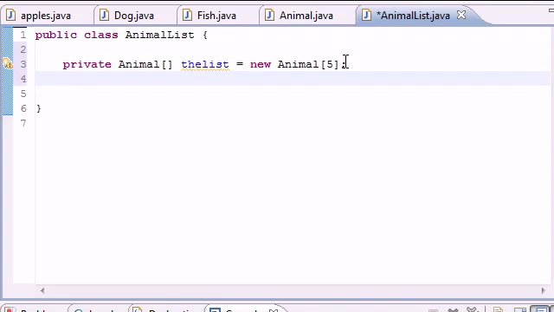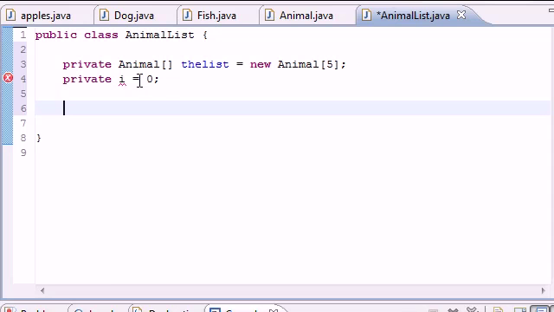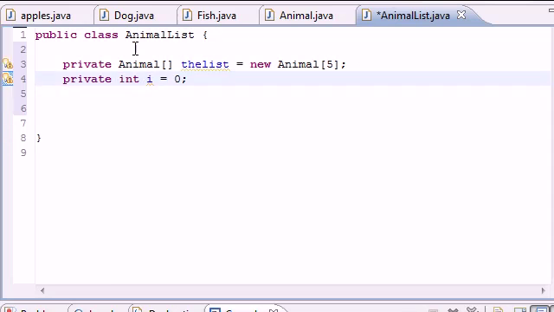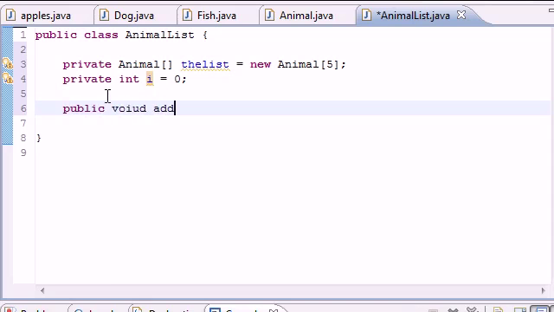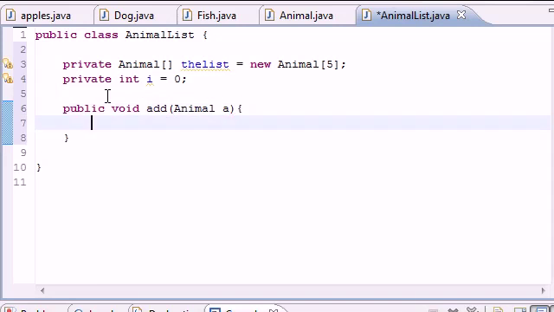After this, let's make our counting variable, private int i equals 0, and now we can build our method. That's public void, we'll name it add still, but we have to spell void right, add, and we'll put Animal a. So now it takes one parameter, which is an animal object, and now we'll do that test again. If